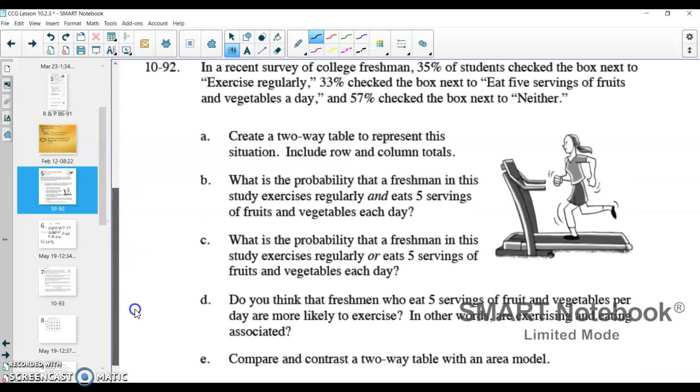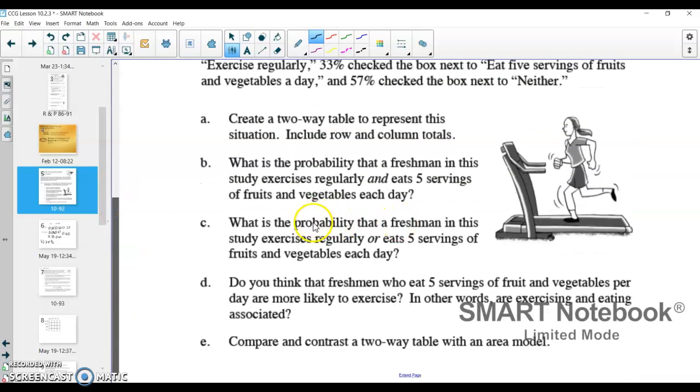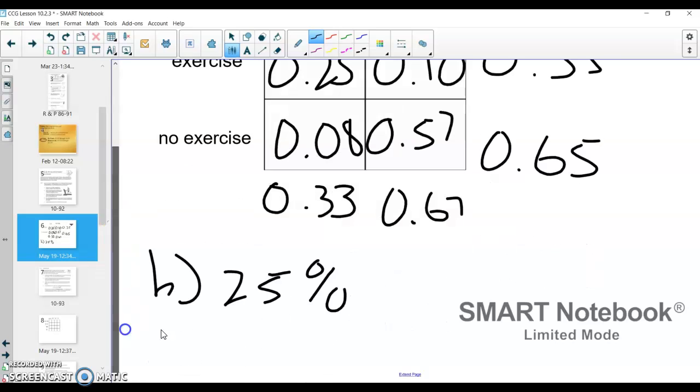All right, and then in part C, it says, what is the probability that a freshman in this study exercises regularly or eats 5 servings of fruit a day? So we can do exercising or eating, which is just going to be this idea of the addition of the two. We'll take the number of people exercising and add the people eating fruit because it's one or the other. So in part C